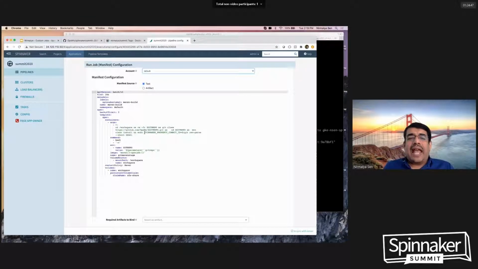I can have things like Spinnaker underscore property, whatever I give. The run job would process the log file, look for all these Spinnaker underscore property entries, and make those values available as properties in any downstream process. In this case, it's commit ID, and we'll see how commit ID is available